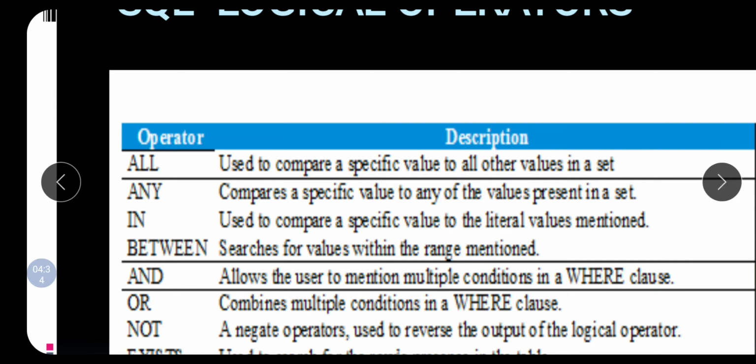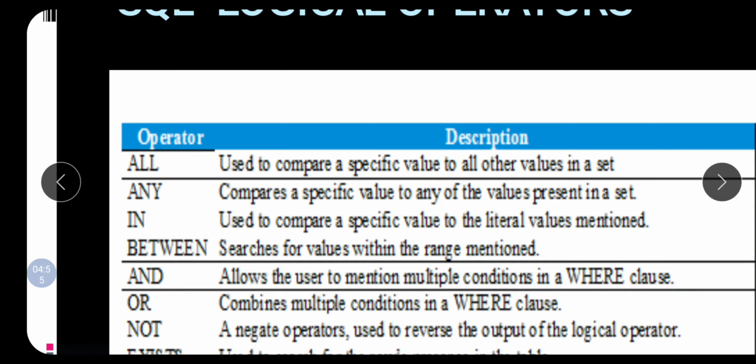ANY compares a specific value to any of the values present in a set. IN is used to compare a specific value to the literal values mentioned. BETWEEN searches for values within the range mentioned,